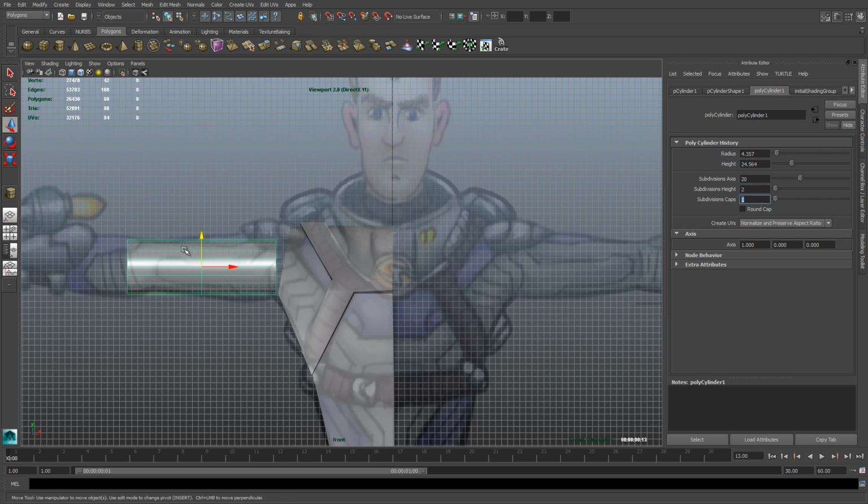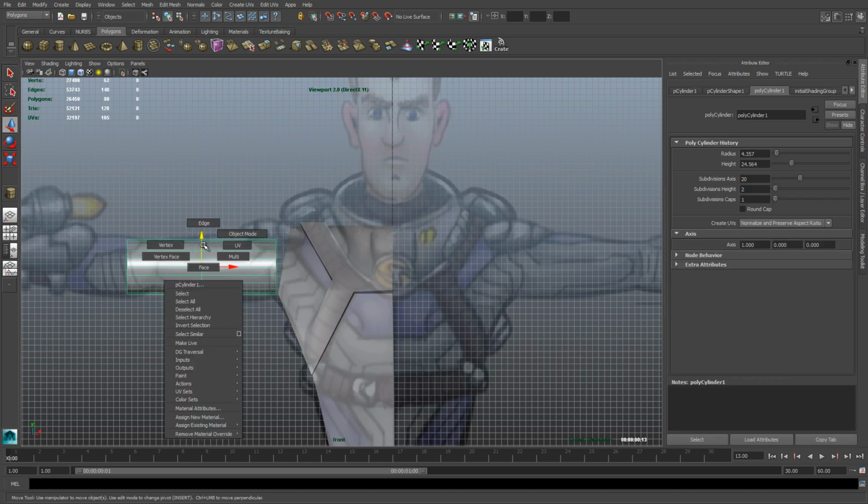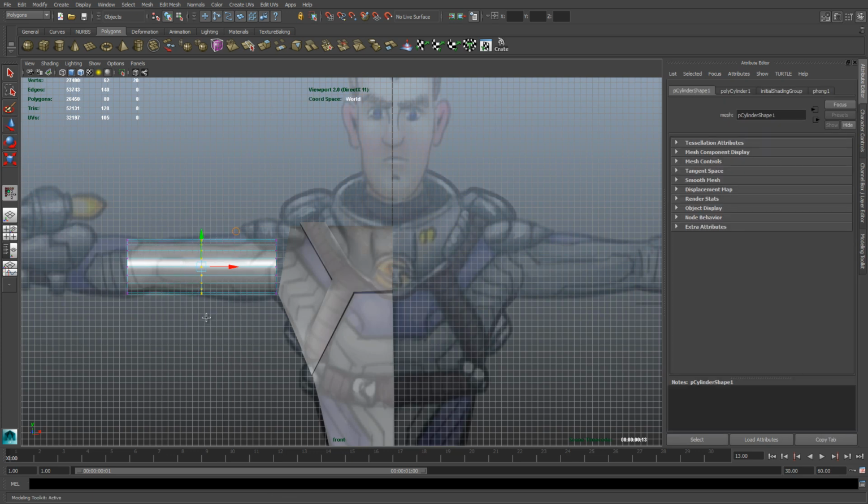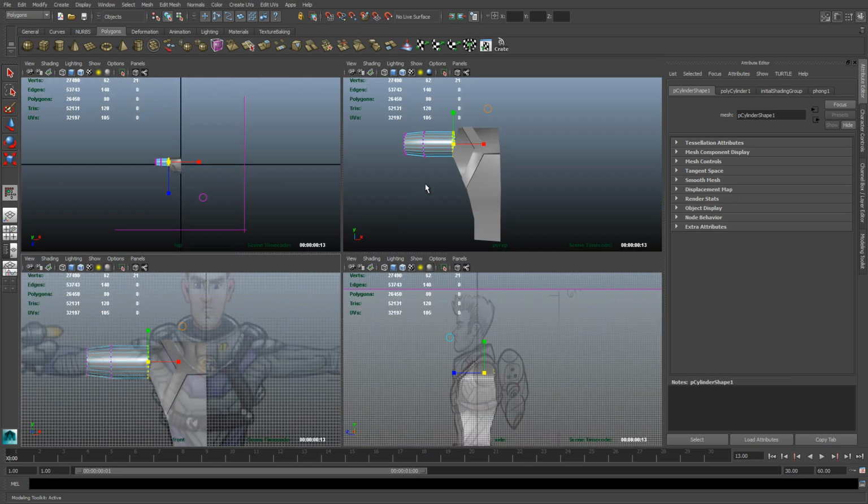We could even start out with 2 if we wanted to and just create the basic shape here by going into vert mode, so right click vertex, select all those guys, go to scale using R, and then just pull that out a little bit so it kind of matches the shape of his bicep. Likewise, we can grab these end verts here, and then using the move tool, that's W on the keyboard, just bring it back right about to where the elbow is. Likewise, we can do these, go back to scale, and then just kind of match it up there. Alright, now we've got way too many segments to work with for now. Like I said, I like to work with an